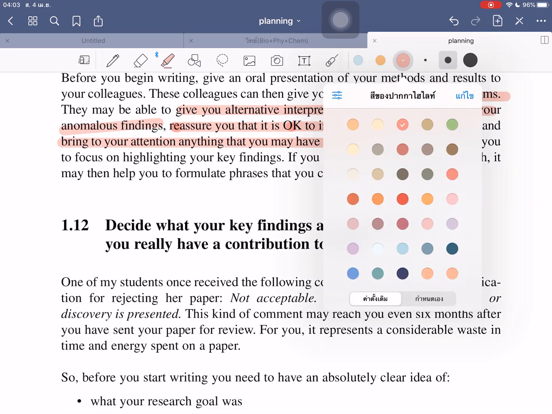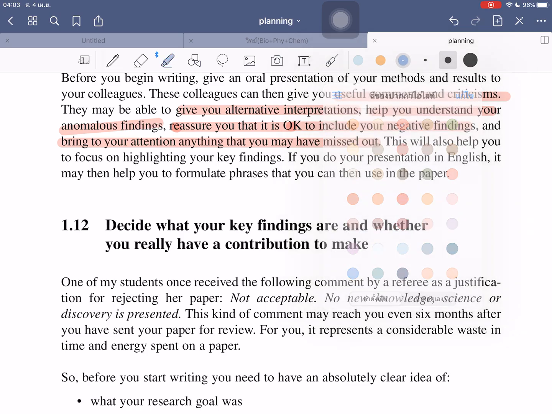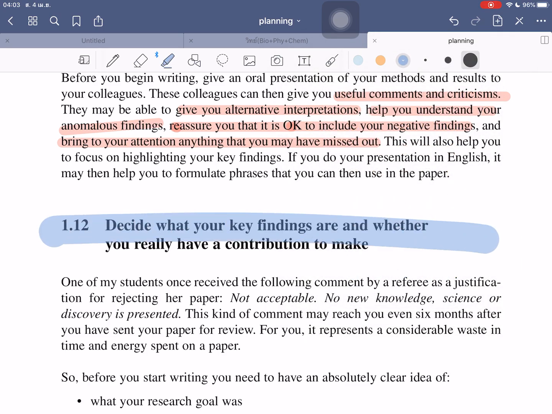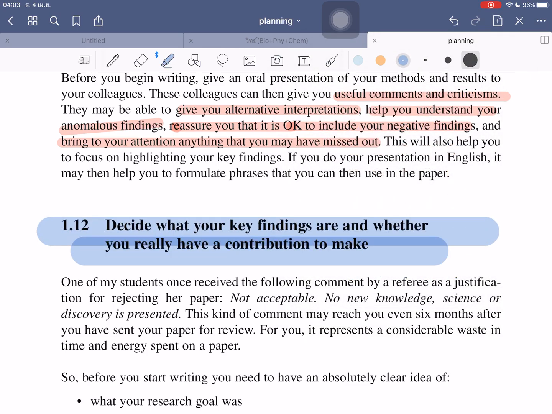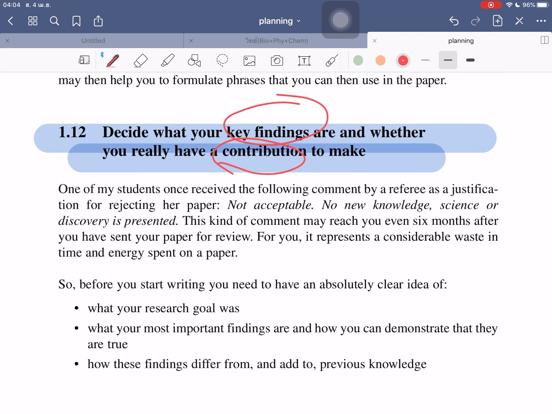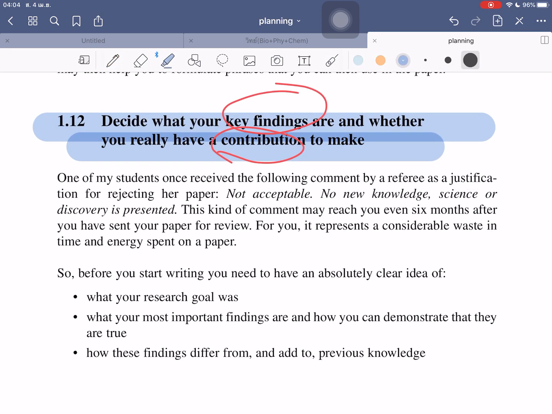12. Okay, next. Key findings and contribution. The main thing is what? Key findings, contribution. And the important thing is that key findings,